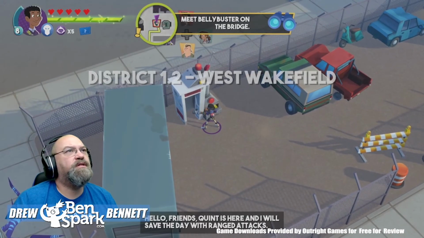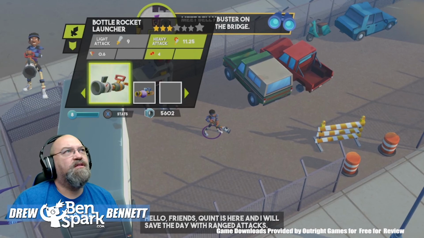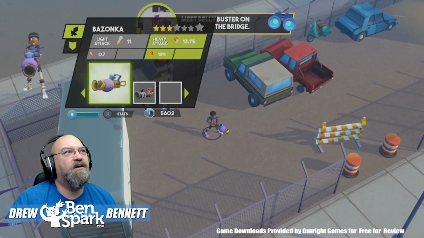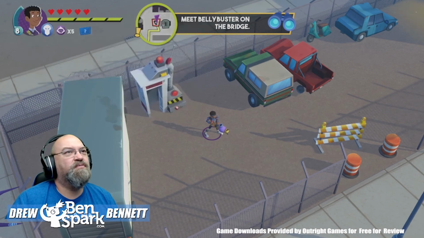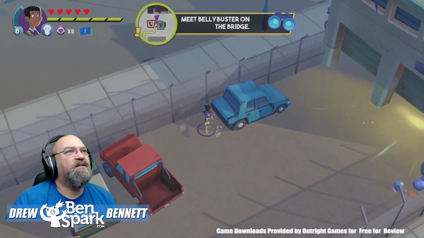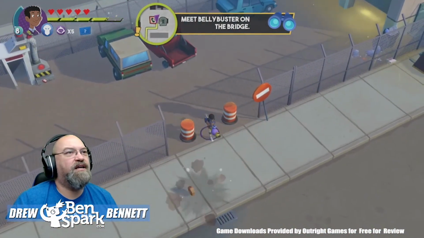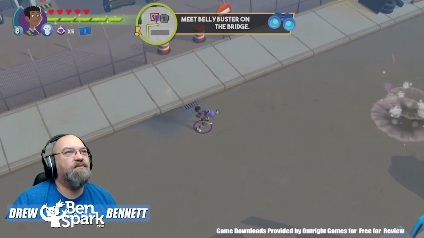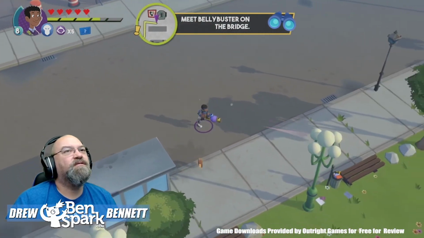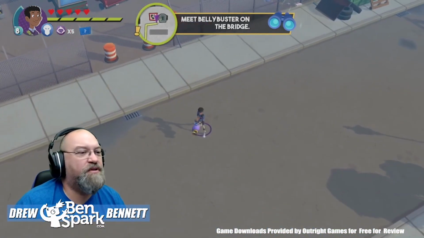Alright, so Quint. Hello, friends. Quint is here, and I will save the day with ranged attacks. The bottle rocket launcher, and he also has the bazooka. And so that's what the bazooka does. That's a pretty heavy attack. It actually pops him back, shoots him backwards. So those are the weapons, those are the armors, those are a bunch of things that you can do with